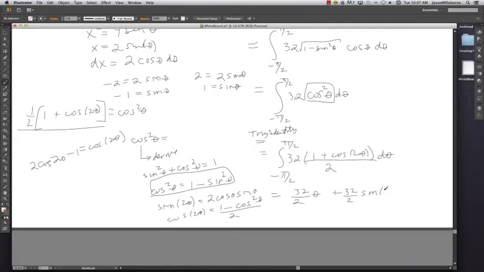So this would be 1 sine of 2 theta divided by 2. And then I need to evaluate that from negative pi over 2 to pi over 2. And it should be a straightforward substitution at that point to just plug and chug. So if you want to figure out what that answer is going to be,